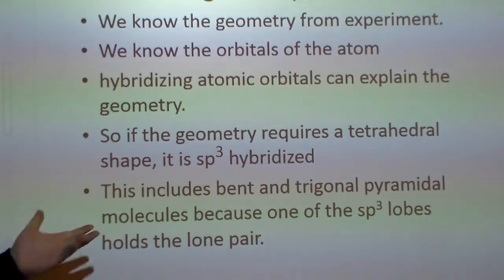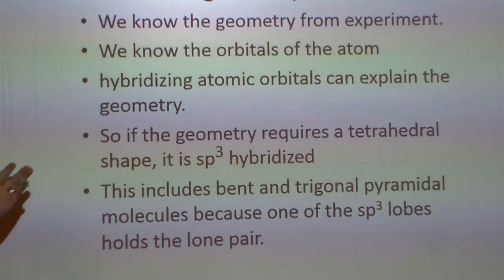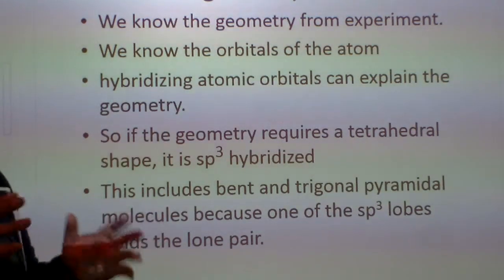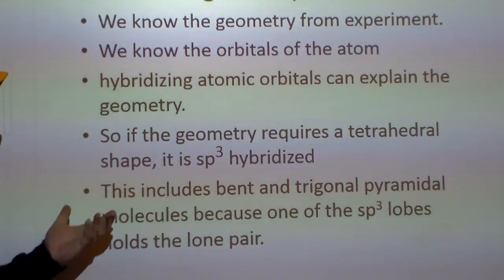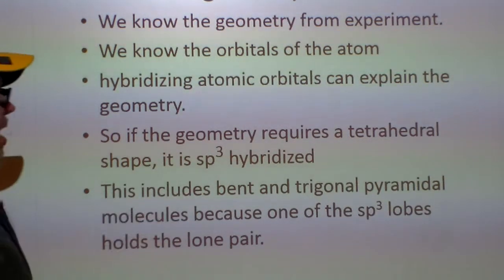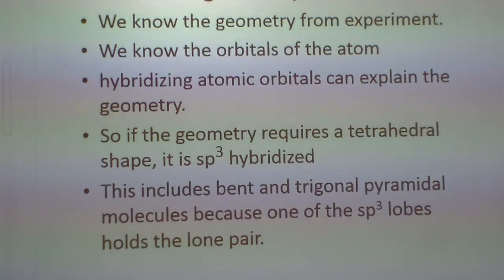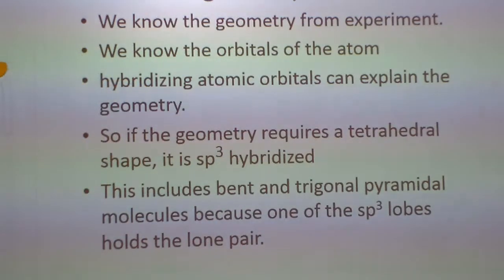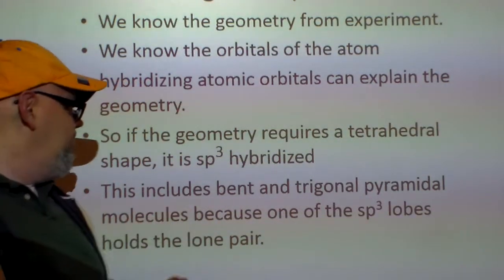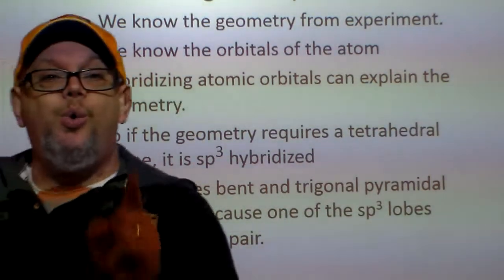How did we get the hybridization? We already know the orbitals of the atom, and by hybridizing these atomic orbitals, it gives us a clue about the geometry. So if the geometry requires a tetrahedral shape, we know it's sp3 hybridized. Now this sp3 hybridization can also include bent and trigonal pyramidal molecules, because one of the sp3 lobes holds the lone